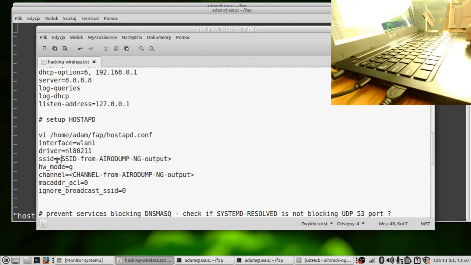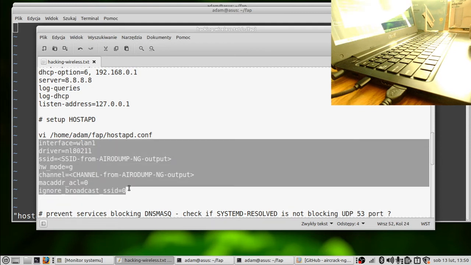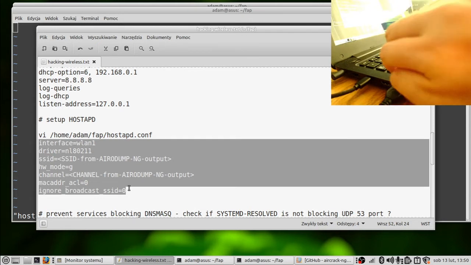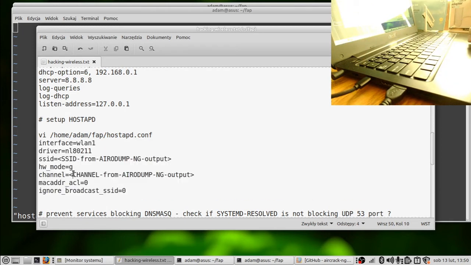For the SSID, you put the name of the access point that you want to impersonate, for example, let's name it free internet. And of course, the channel number is the one that you have sniffed with airodump-ng. So this needs to be the same channel as the one for this SSID that is currently broadcasting and that you want to impersonate.